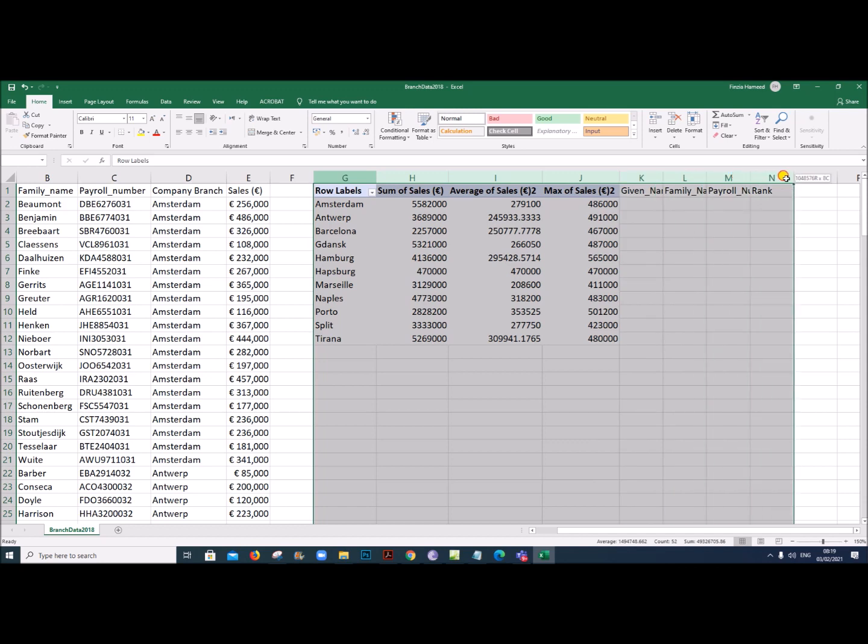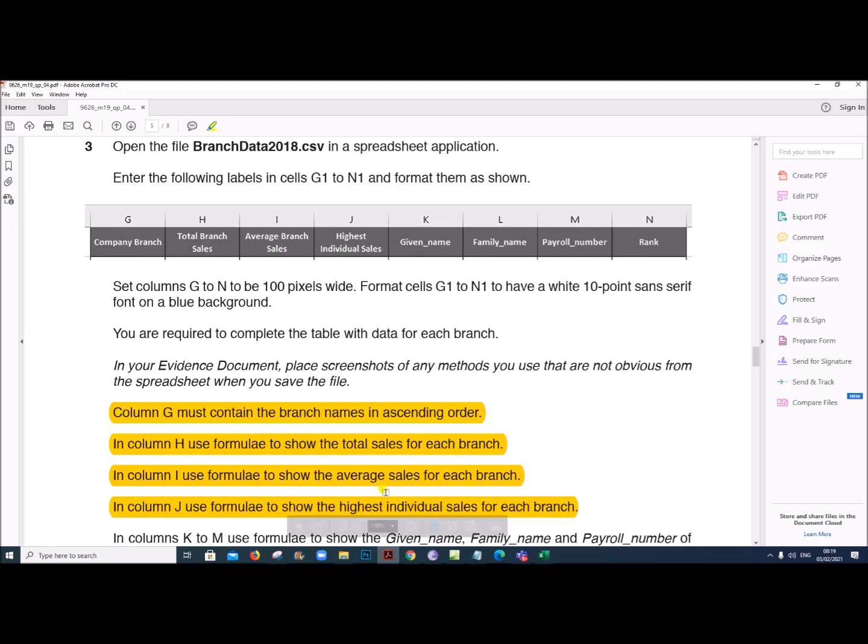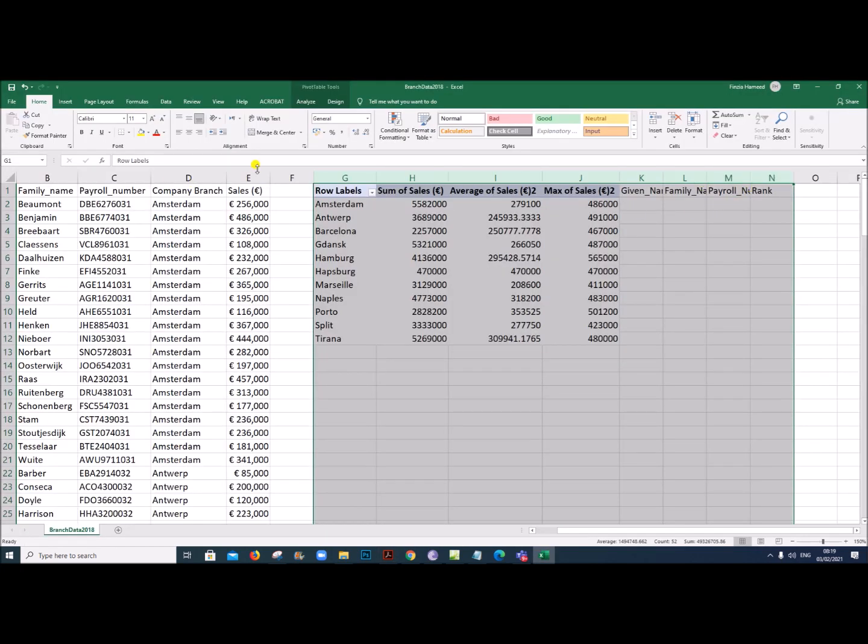All the columns must be 100 pixels wide as given here. So set it to 100 pixels.